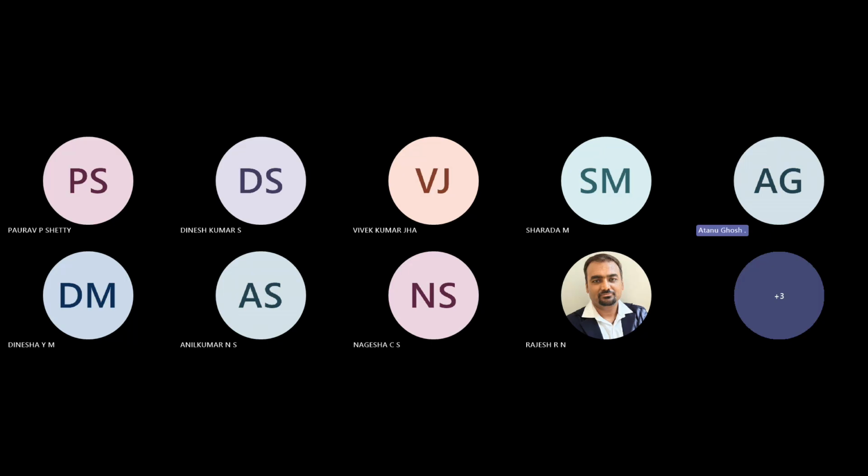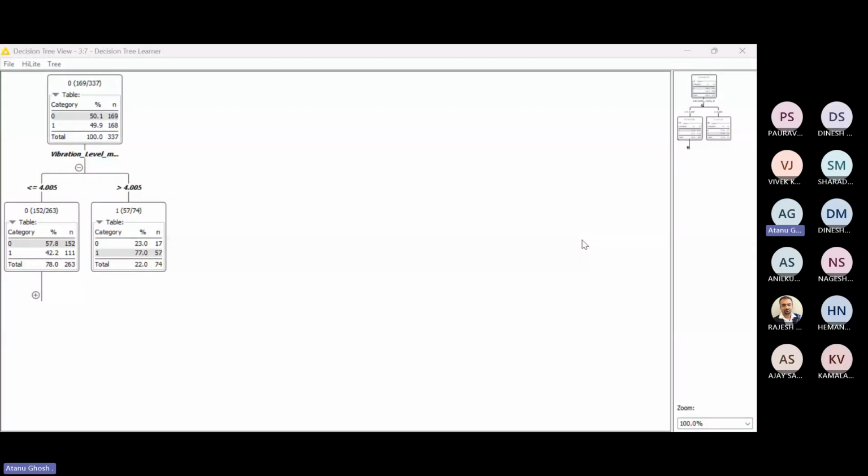Okay. So this is the decision tree. Now you're able to see? Yes. Okay, great. So this is the decision tree that the algorithm has created after multiple trial and error. It has already done those trial and error, and this is the most efficient decision tree it has created.